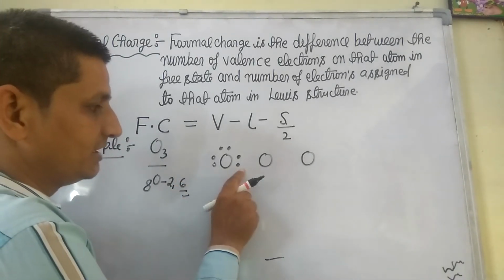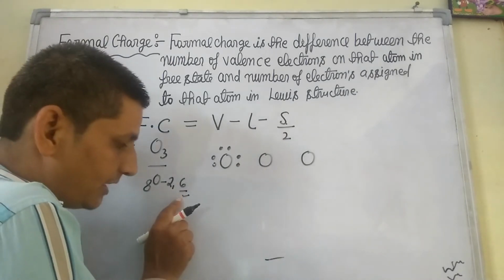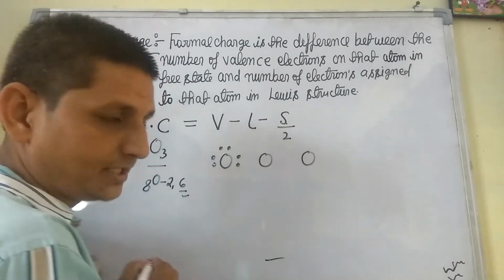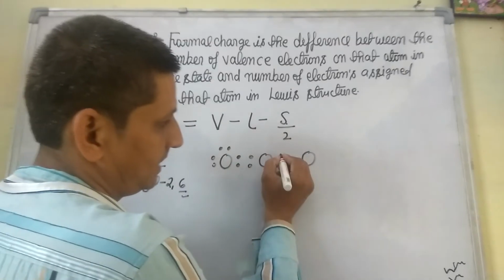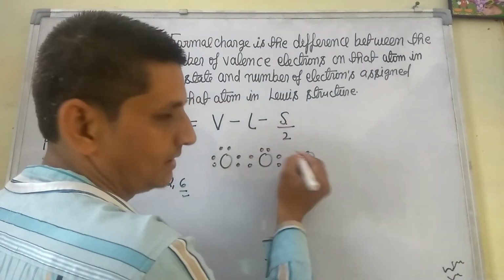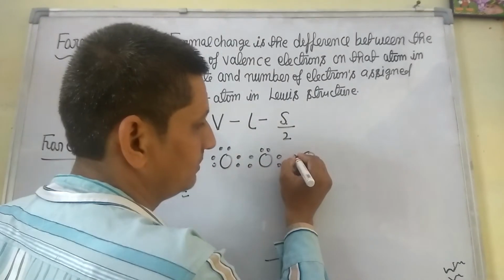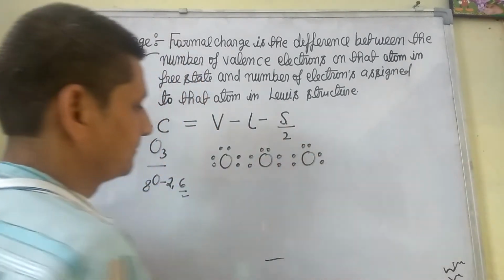And we have to arrange these electrons in this way. 2 electrons we have to take in this way because it requires 2 electrons to complete its octet. After this, for this oxygen atom, in the same way we have to take 2 electrons here. 1, 2, 3, 4, 5, 6. Again in the same way we arrange 6 electrons: 1, 2, 3, 4, 5, 6.